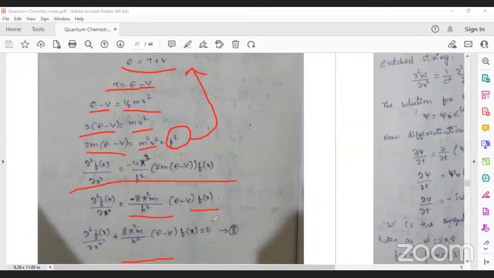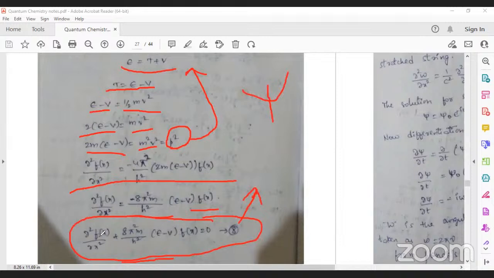Bringing this to the left-hand side, that is dou square f of x by dou x square plus 8 pi square m by h square into E minus V into f of x is equal to 0. This is the Schrodinger wave equation. Generally, in place of f of x we use psi, that is dou square psi by dou x square plus 8 pi square m by h square into E minus V into psi is equal to 0. So that is the Schrodinger wave equation